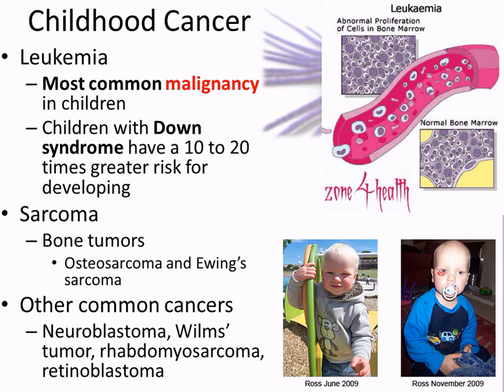Okay. So most common malignancy in children. Do you ever have a benign leukemia? Nope. I think I've said that like 5 times now. Just saying. Might want to know that one. What's the other one that I said with leukemia? Lymphoma, right? And then I mentioned this with Down syndrome. Children with Down syndrome have an increased risk of leukemia. What was the other health problem they have an increased risk of? Heart disease. So leukemia and heart disease.